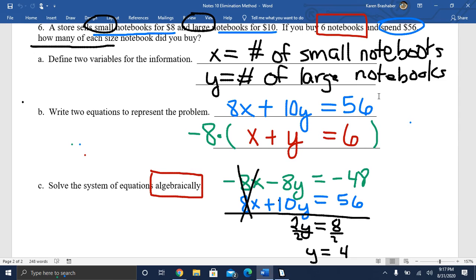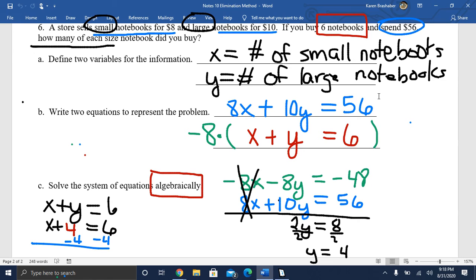So I'm most of the way through my problem. I've got y, which is my number of large notebooks. I need to find the number of small notebooks. Now, I have 2 equations to choose from, but one of them is significantly easier than the other. I have x plus y equals 6. Since I know that the y is a 4, I can just substitute in my 4 for the y, and then finish out. So x plus 4 equals 6. You can subtract 4 from each side of the equal sign,